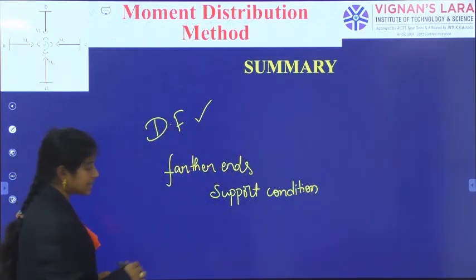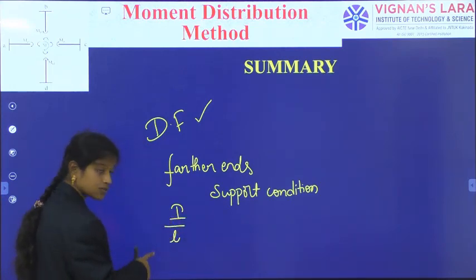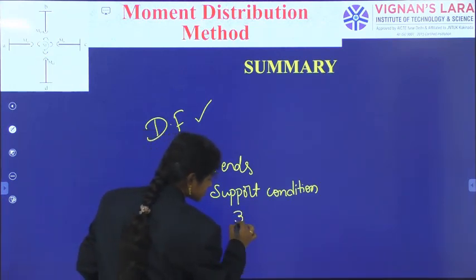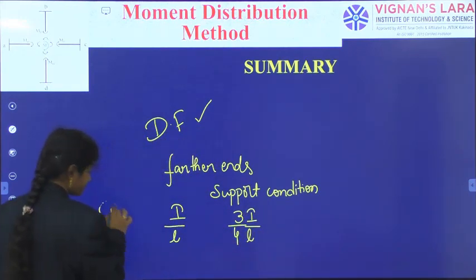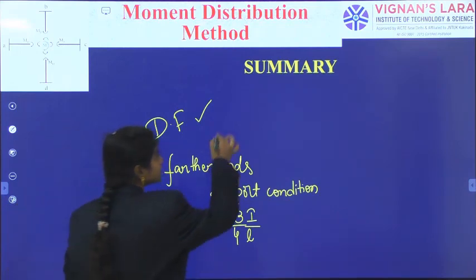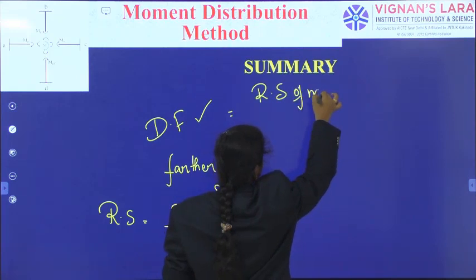If it is fixed, we write I by L. If it is hinged, we write 3/4 of I by L for the relative stiffness. And the distribution factor is equal to the relative stiffness of the member